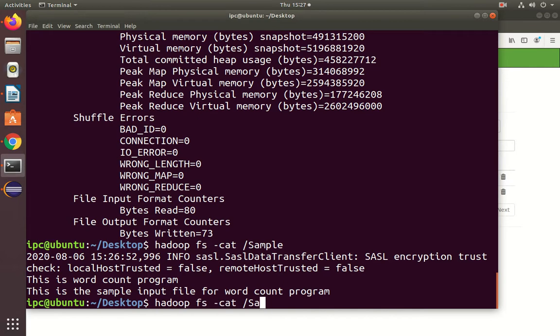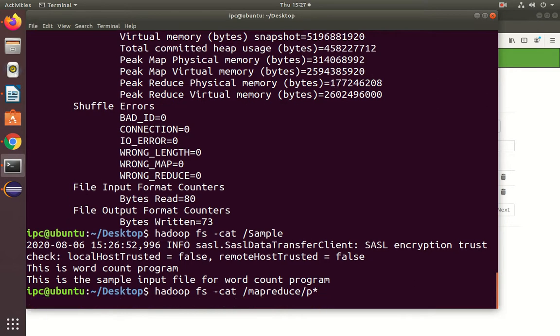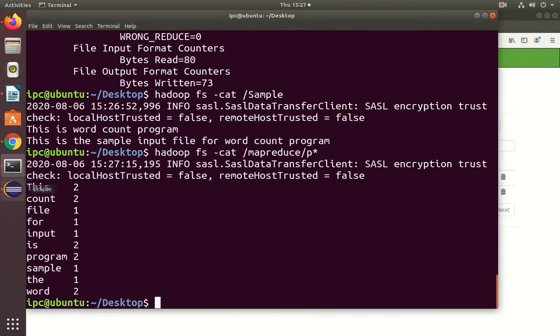Here the output is present in mapreduce/part-star. See, now this is 2 times, count is also present 2 times, and file is 1 time, and so on.